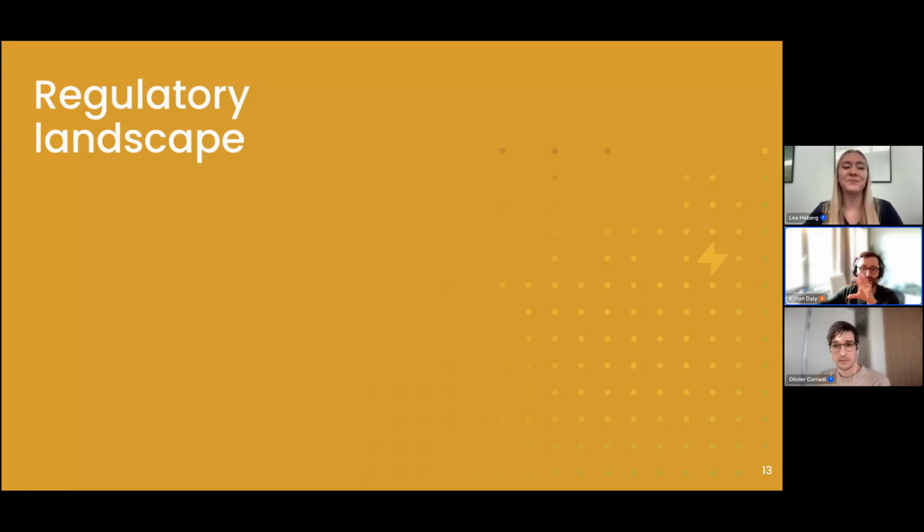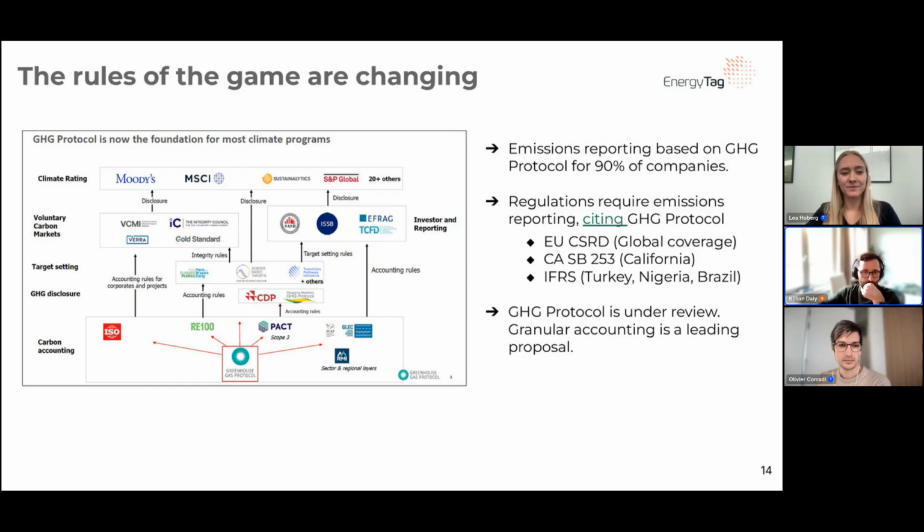So I'm going to talk about some of the regulatory landscape around electricity emissions accounting. First of all, the rules of the game are changing right now. Actually, this is kind of a once in a decade moment where all the major target setting and emissions accounting frameworks for electricity are being updated. Okay, so this is a web of different